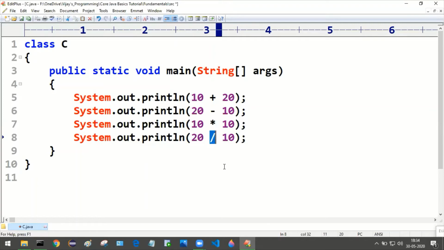Now what about this symbol? Sometimes we refer to it as forward slash or solidus or virgule or whack. But in this context, we are considering it as the division symbol. It is performing the division operation.